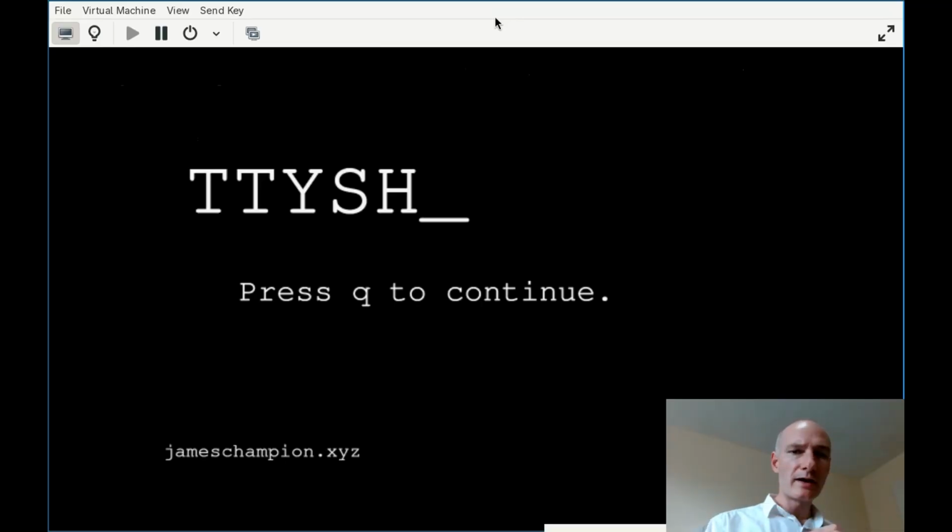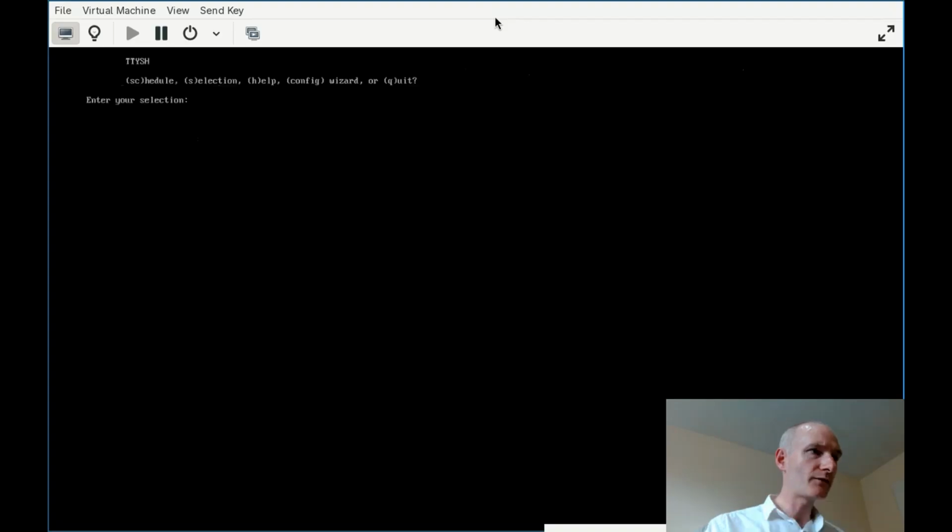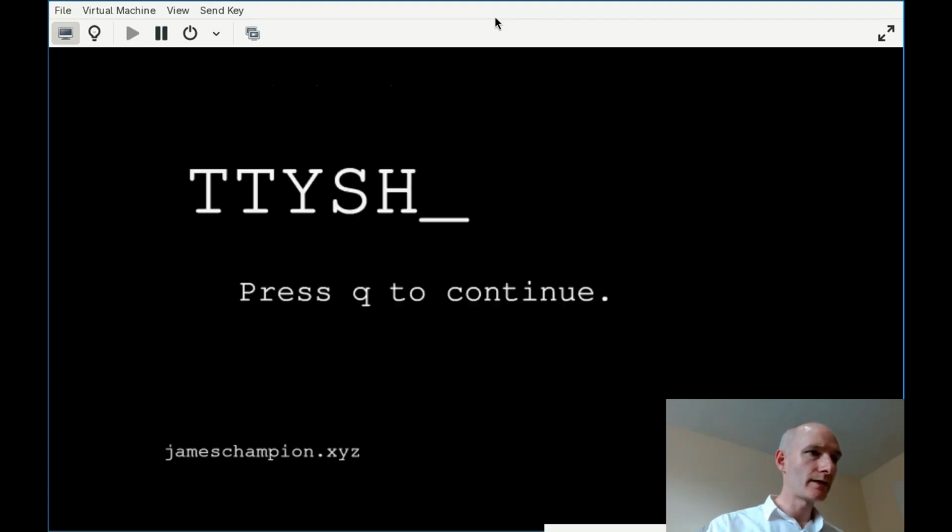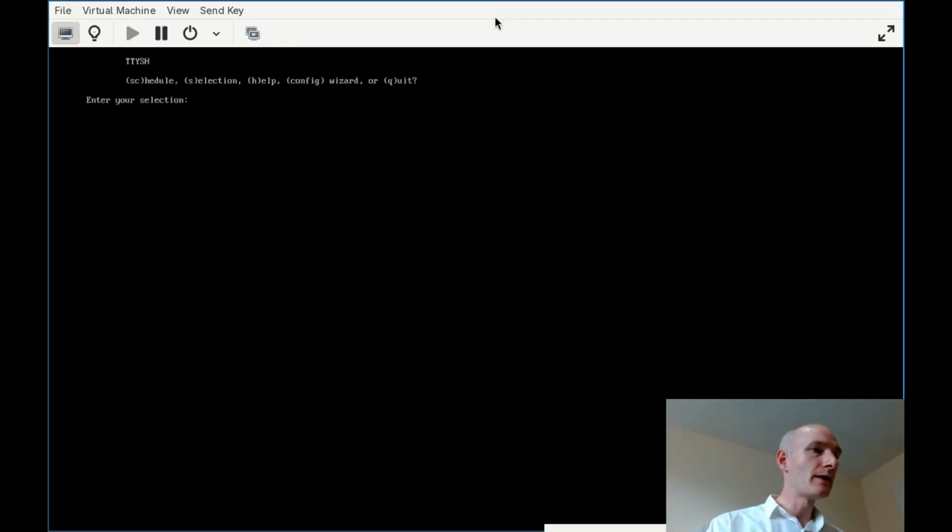Okay, it does work. I just noticed when you first set up some things, it's a bit funny. I don't know why, but that's fine. So we know TTY does work, and that just refreshes the TTYSH program and clears the screen. Okay, but now if I go back into schedule from the start screen,